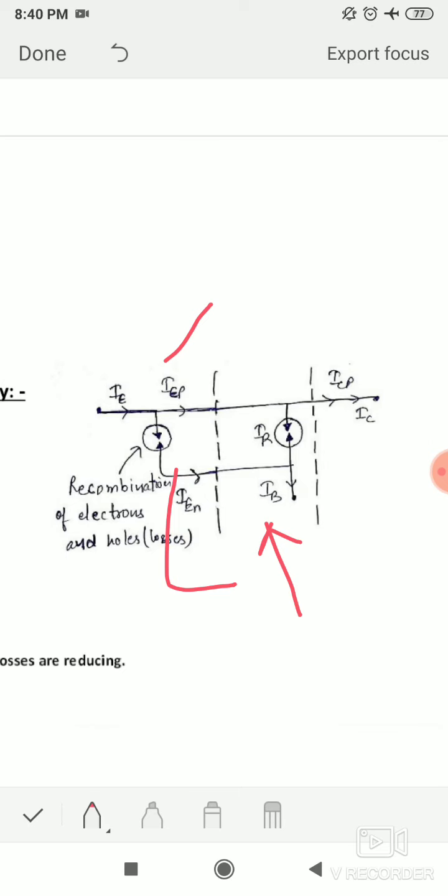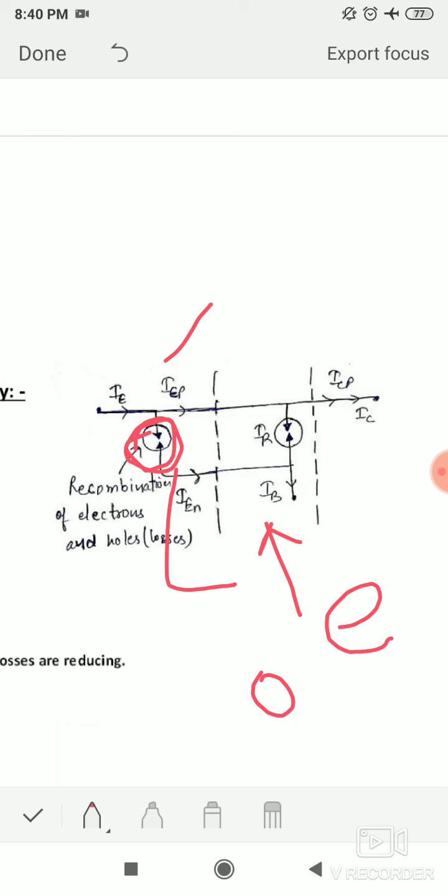Its majority carrier is electrons and minority carrier is holes. So the holes are transferred to the P type. So a recombination process occurs in your emitter and base junction, due to the minority carrier of the emitter side and the minority holes of the base. The recombination process is here, and